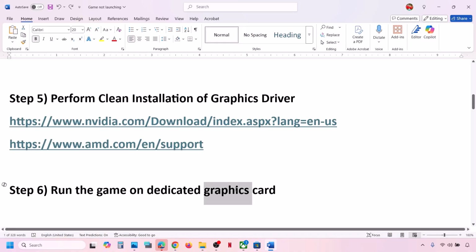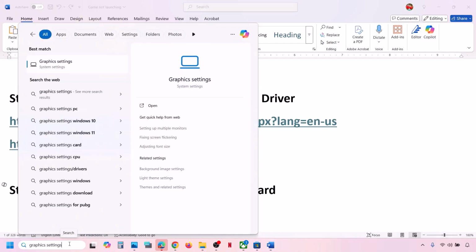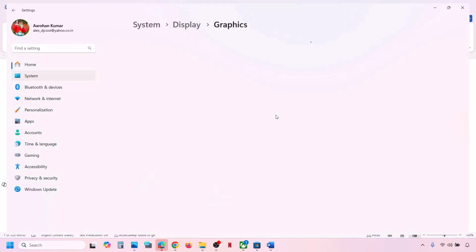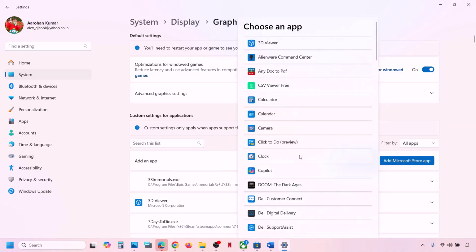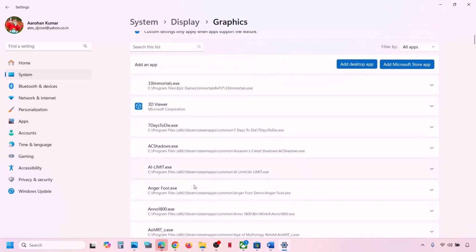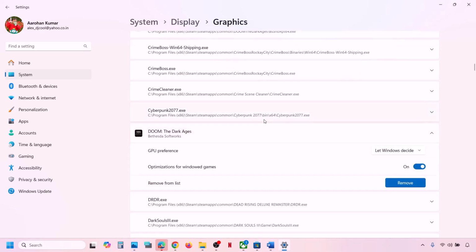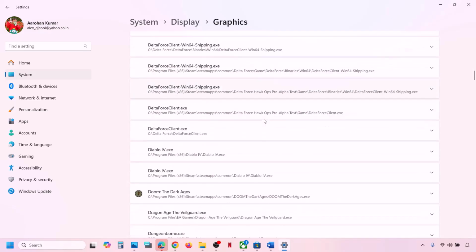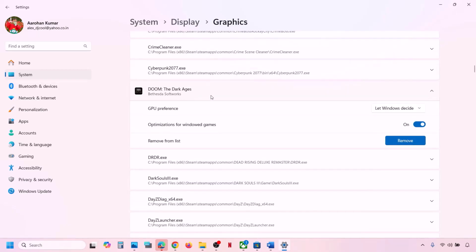Next step is to run the game on dedicated graphic card. Now for this, type in graphics settings in Windows search box and then click on graphics settings over here, and then click on add Microsoft Store app. So click on it and you will see the game in the list. So whichever game is giving you the trouble, you can select that game. This is just an example. Once you select the game, scroll down and find the game in the list. Let me check. Yeah, once you find the game in the list,